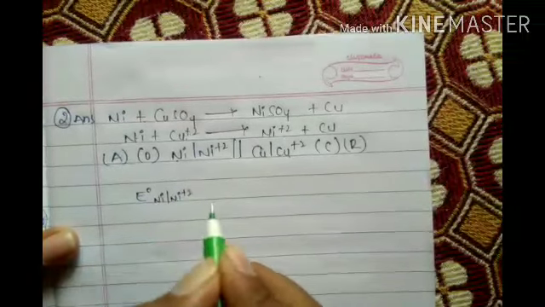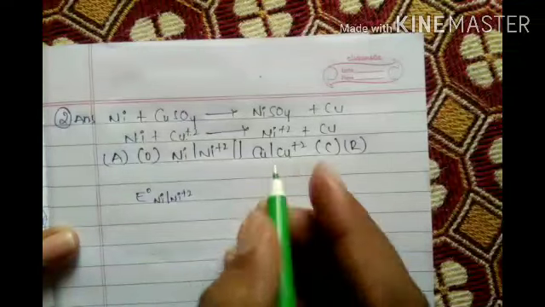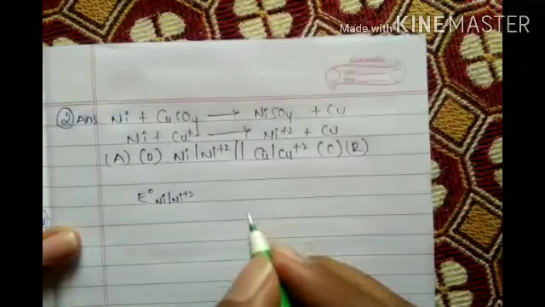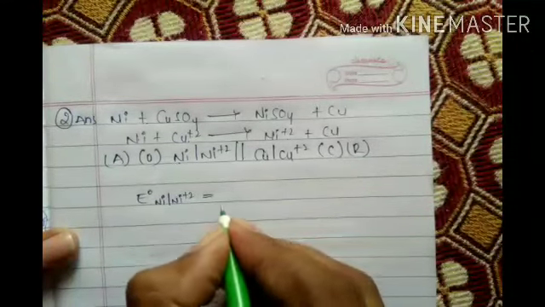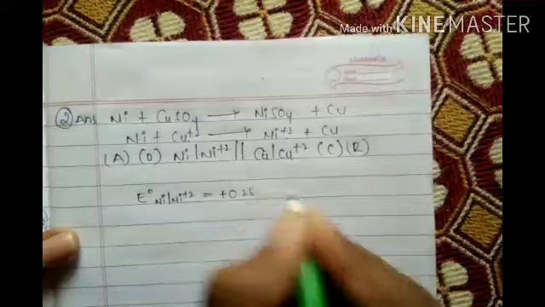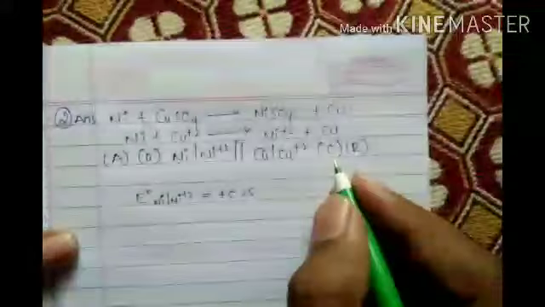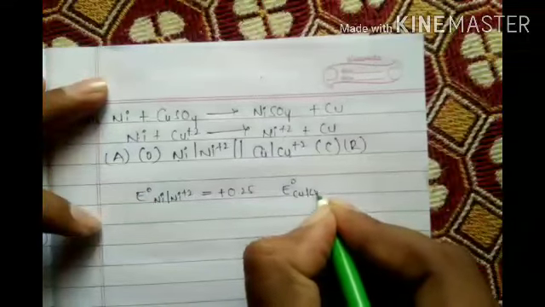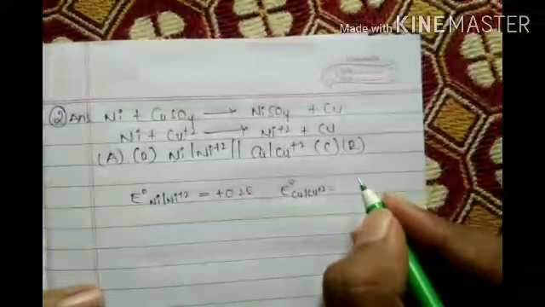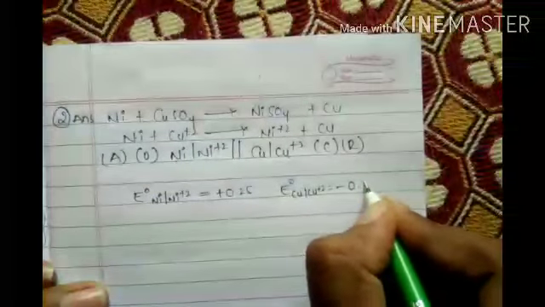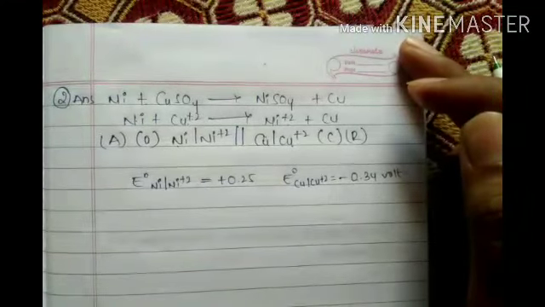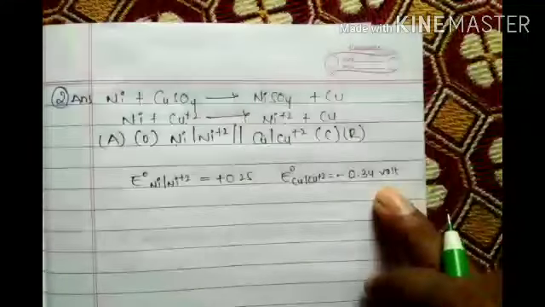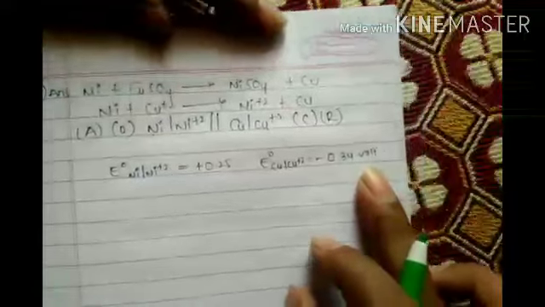E0 of Ni2+, how much value have they given? First of all we write common as usual. First question, you write plus 0.25. Got it? Next, E0 of Cu2+, how much have they given in the question? Minus 0.34 volts they have given. Okay? That is plus, this is minus. Hence, reduction potential will be,